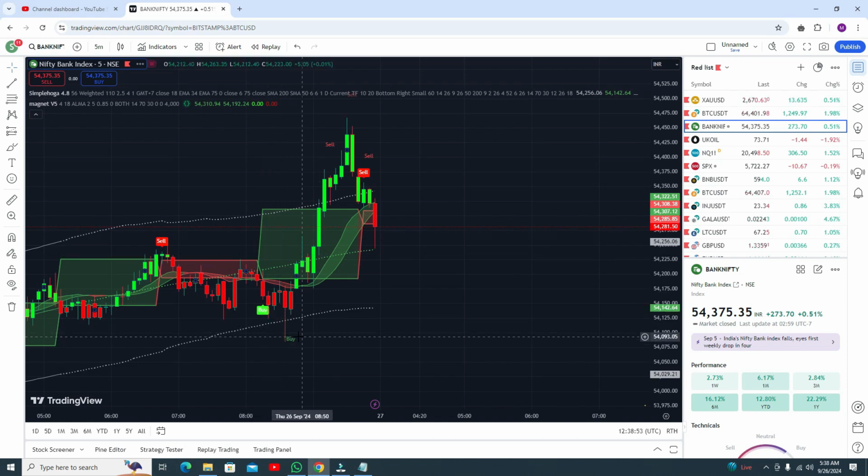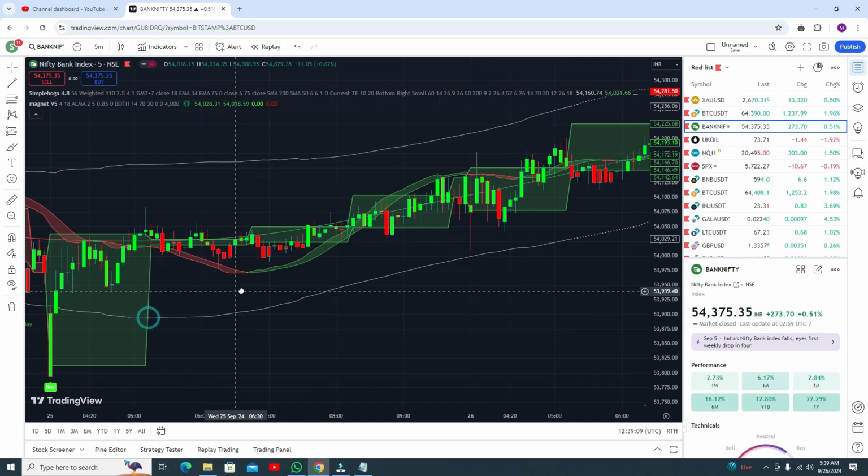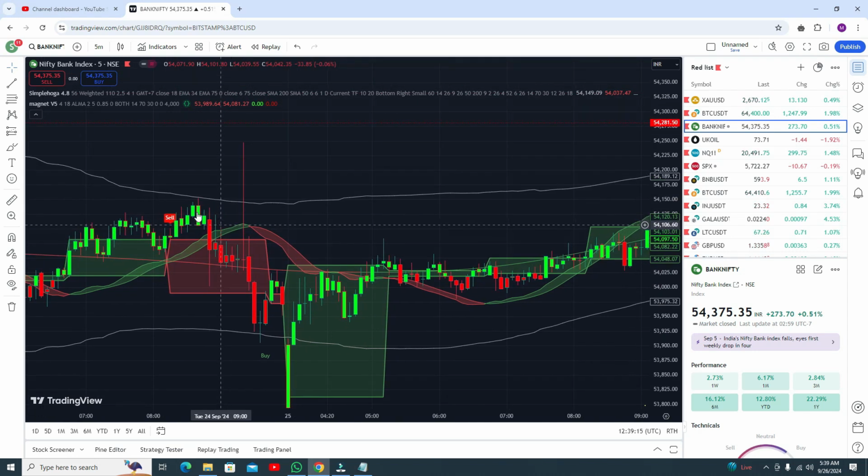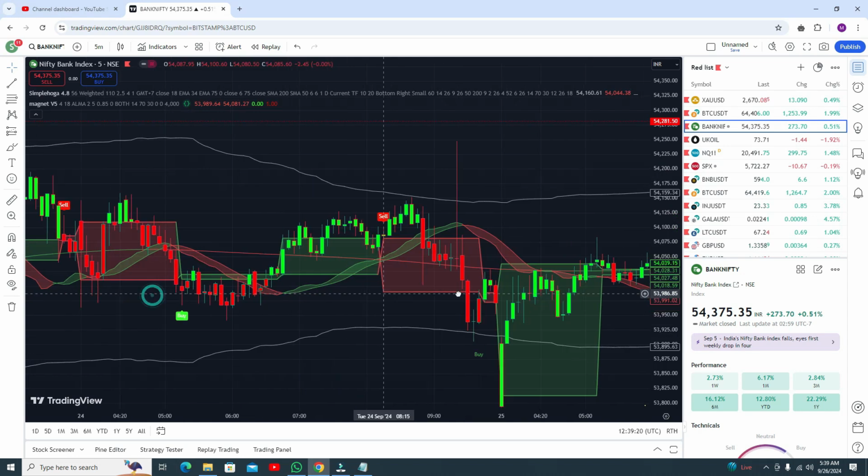You got both buy signals, and now from this point you can see sell signals, both sell signals, and the shadow is now red, so you need to go for the sell trade, and you need to book your profit at this point when the candle touches the lower band line. Okay, and you can see the results of this indicator, buy trade and profitable. Now from this point you can go for the sell trade, and you got the profit here.